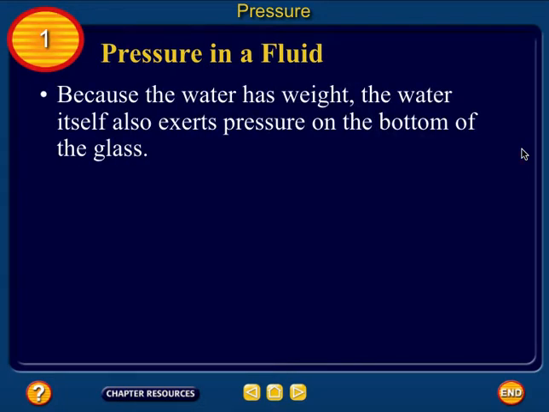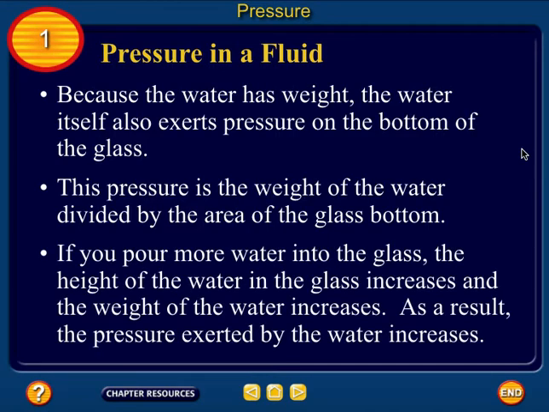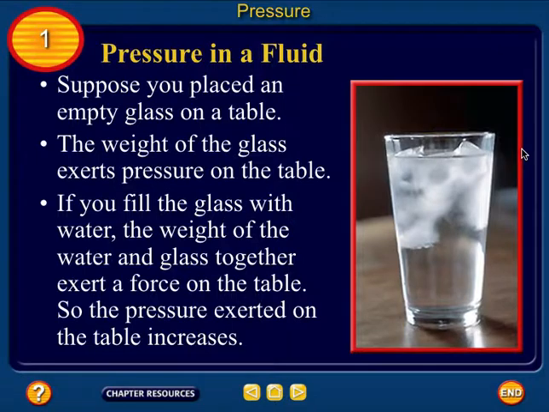Because the water has weight, the water itself also exerts pressure on the bottom of the glass. This pressure is the weight of the water divided by the area of the glass bottom. It increases. As a result, the pressure exerted by the water increases. So not only does an object that's sitting on top of a table apply a pressure, so does the water